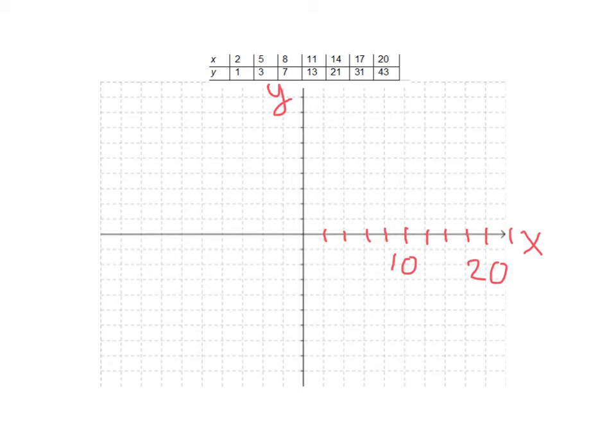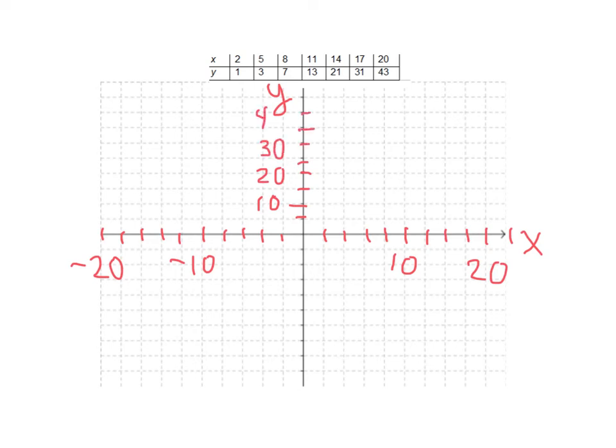If each marker were 2, you'd be able to get x equals 20 on there. And then the negative direction, for y, we have to get up to 43. So I do believe 5 is still going to work. So if every marker is worth 5,